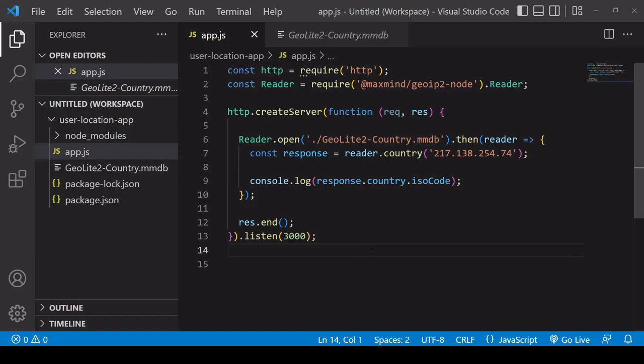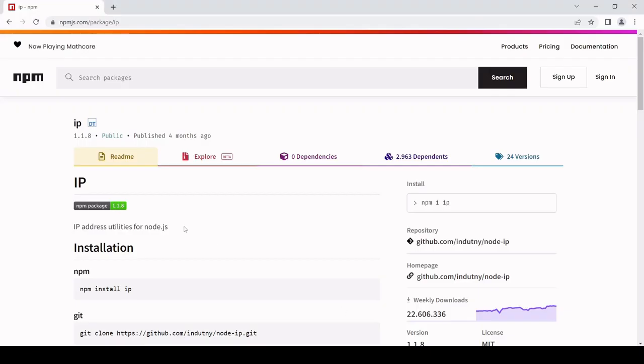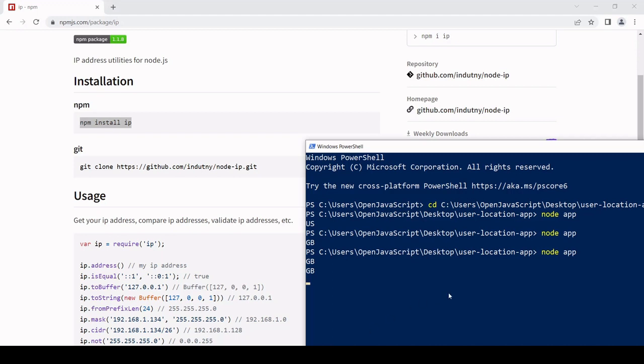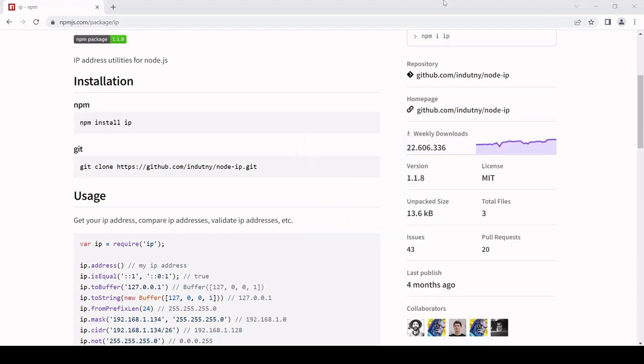So what I'm going to do to make life a little easier here is install another package available via npm. It's simply called the IP package, and all you need to enter in the terminal to install it is npm install IP. So I'll do that now. While that is downloading,